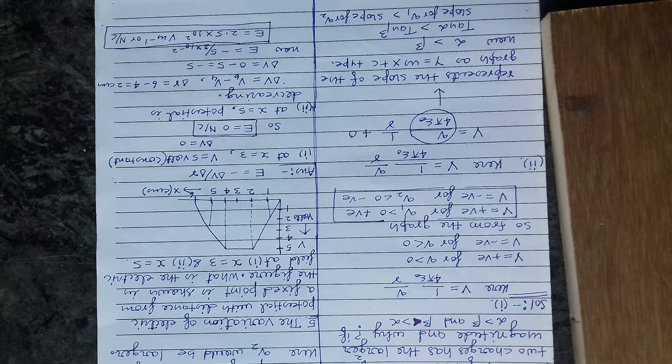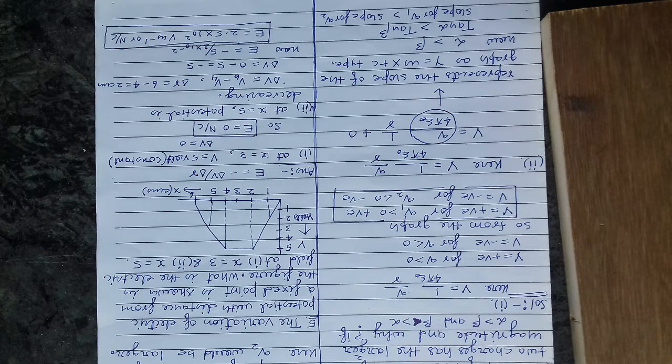Now at point 3 you see the potential is the same. At x is equal to 3, the potential is the same in the nearby region, x is equal to 2 to x is equal to 4. Okay, so at x is equal to 3, the potential is 5 volt, which is constant. So the change in potential would be 0, which leads to the electric field being 0 Newton per coulomb or volt per meter. Right?